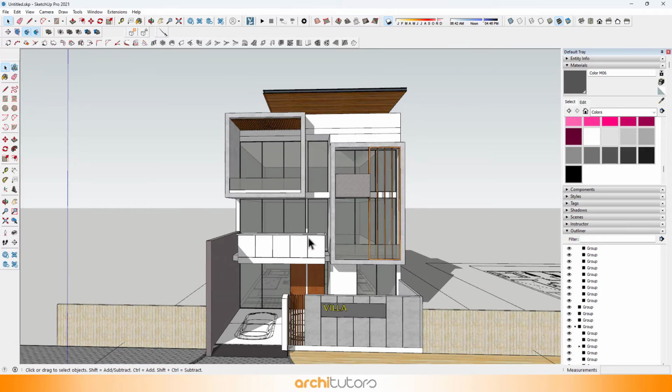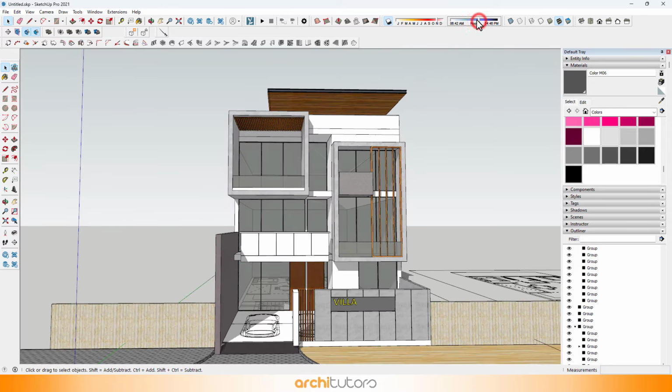Now that we have completed the 3D modeling in SketchUp, we can import this in Lumion, and go ahead to create render environment for it and render it.